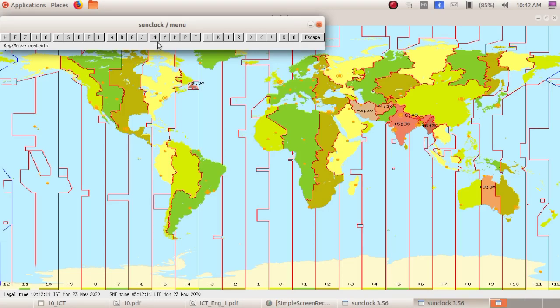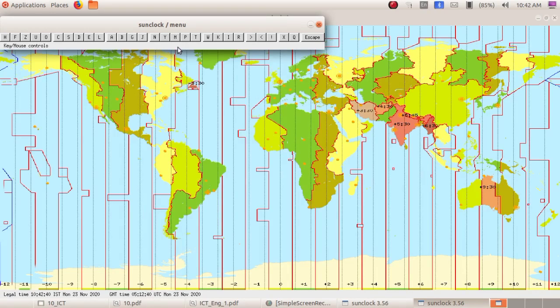Next, third menu, toggle meridian. We can display longitude and latitude. Longitude means vertical lines, latitude means horizontal lines. To display the longitudes, we can click on the toggle meridian tool, that is M. Now I am clicking on the tool M. See, now we can see imaginary vertical lines, that is longitudes.